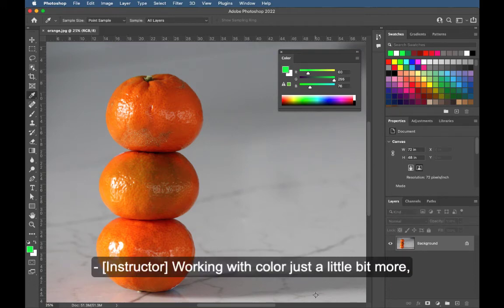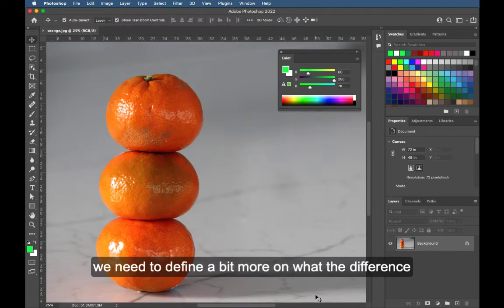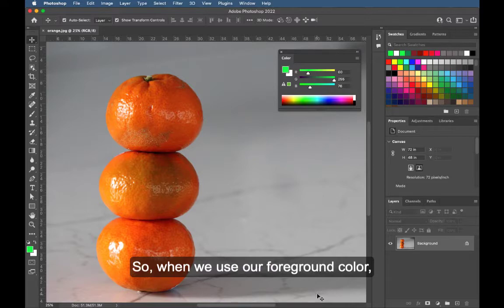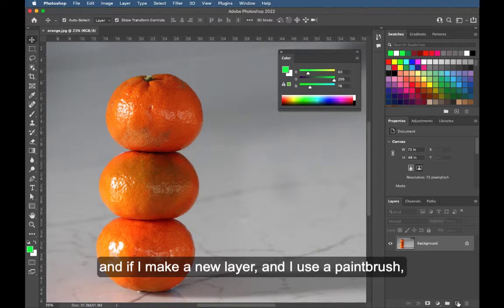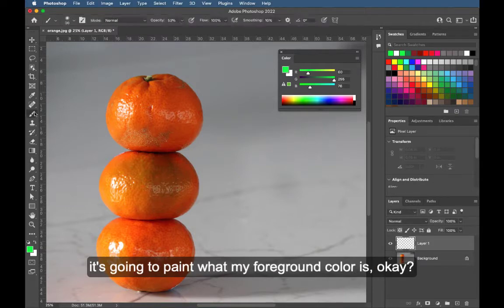Working with color just a little bit more, we need to define a bit more on what the difference between foreground color and background color is. So when we use our foreground color, which is the top color, that color is used for painting, for typical fills. And if I make a new layer and I use a paintbrush, it's going to paint what my foreground